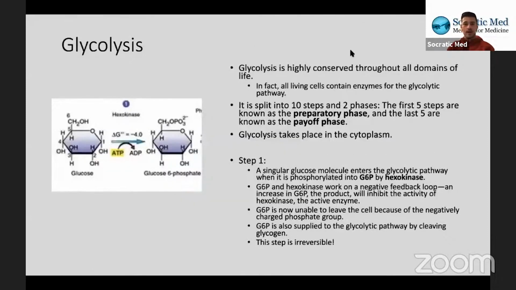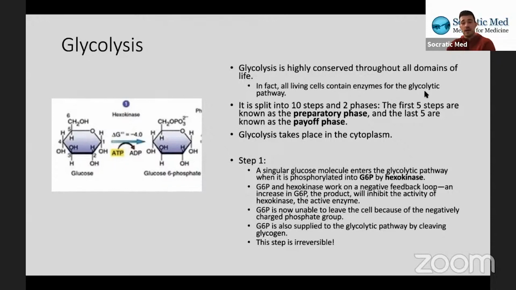So let's get into glycolysis. Glycolysis is highly conserved throughout all domains of life. And in fact, all living cells contain enzymes for the glycolytic pathway. So basically, all living cells are performing glycolysis as the main way that they produce energy. So glycolysis has been around for billions of years. The enzymes are present in all different cells. It's a super simple way to do it. Obviously, animals and humans have evolved even more efficient ways to create energy, like oxidative phosphorylation with the electron transport chain,